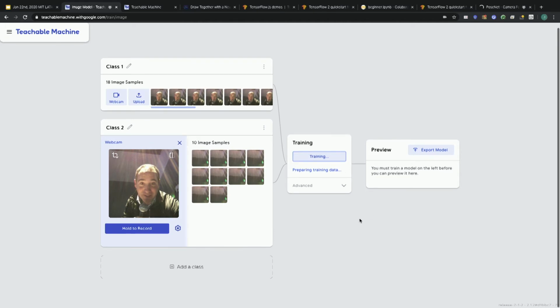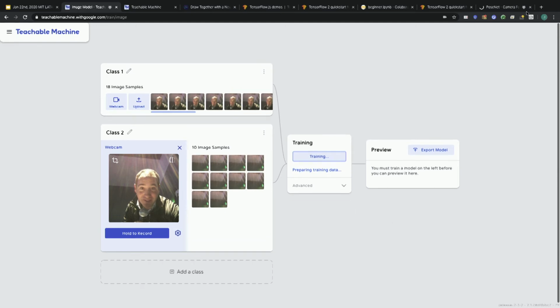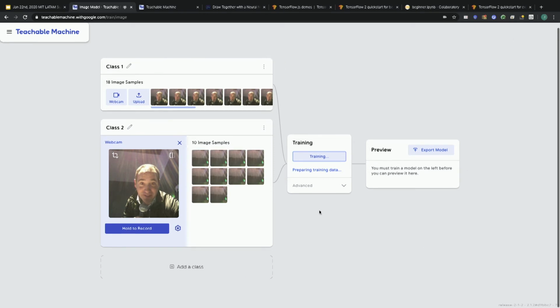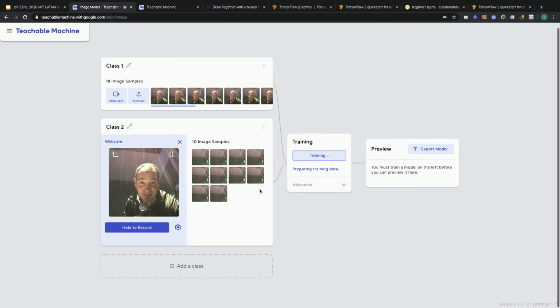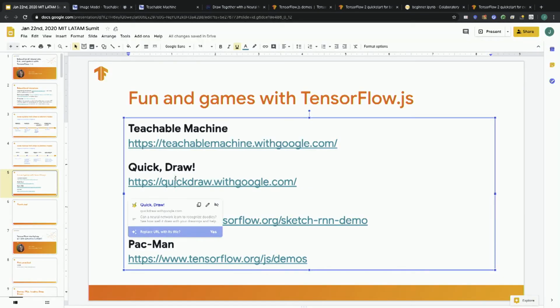And today is a slow day for my laptop, apparently. Well, you can see how well this works. Usually it's quite good, trust me. But maybe while that's training, I'll flip to something else. We might be having a bad day with Josh's laptop. That's all right. Anyway, I highly encourage you to check out the Teachable Machine. Let's take a look at another demo.